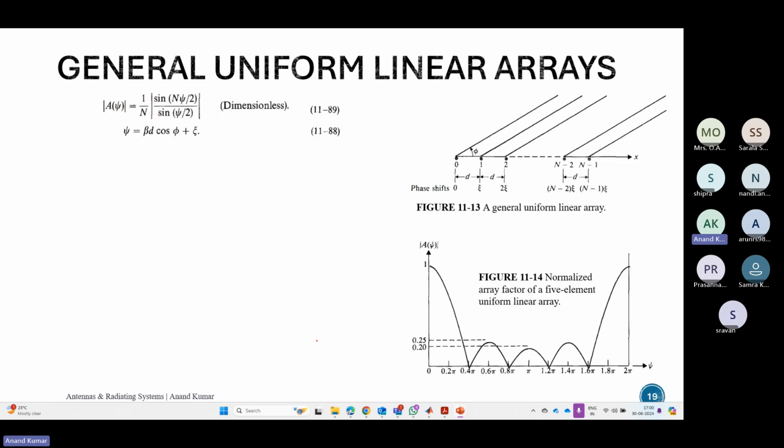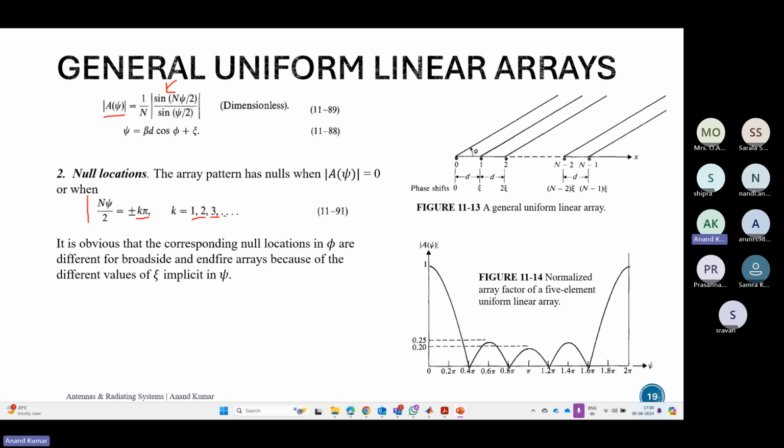Okay, so we'll proceed with null locations. The array pattern has null when this particular function becomes 0, and this becomes 0 when the numerator becomes 0, and sine becomes 0 when it is equal to plus minus k pi, with k being 1, 2, 3, 4 and so on. So n psi by 2 equals plus minus k pi gives you the null locations. So this is pretty straightforward, and this is the expression for null location,